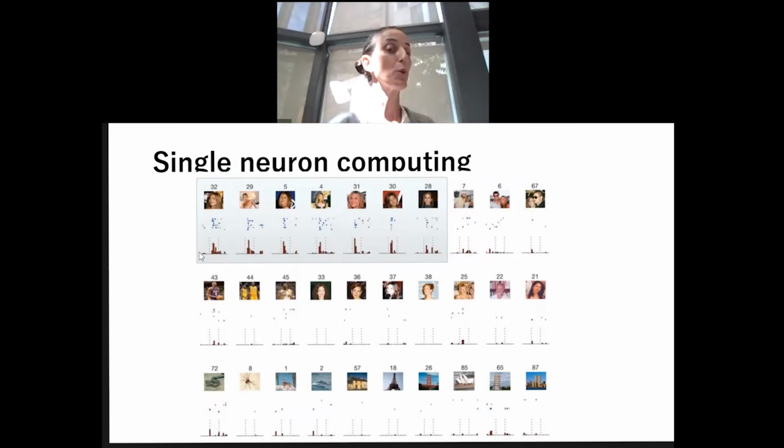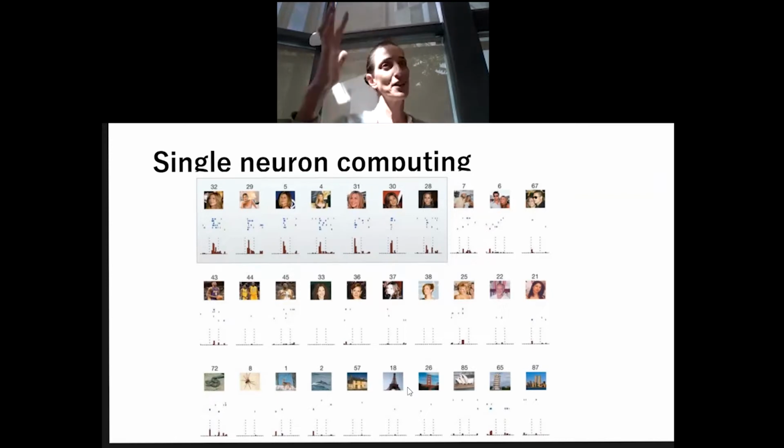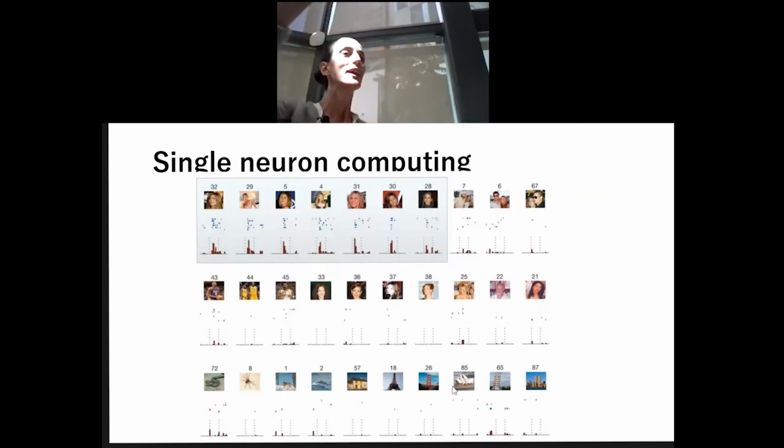You can see the histogram of the response of this neuron. But if this neuron was shown a picture of Jennifer Aniston with her spouse, I guess, then this neuron didn't really like it. It didn't really like any other celebrity either, not Julia Roberts, not any NBA players. No, this neuron really preferred Jennifer Aniston. It also didn't prefer any famous architectural structures like the Eiffel Tower or the Opera House in Sydney. It just wasn't really interested. It was interested in Jennifer Aniston's photos.